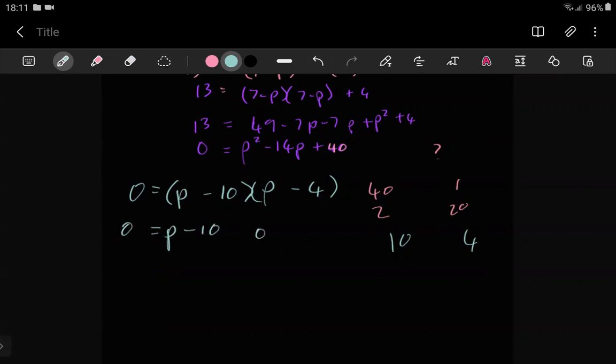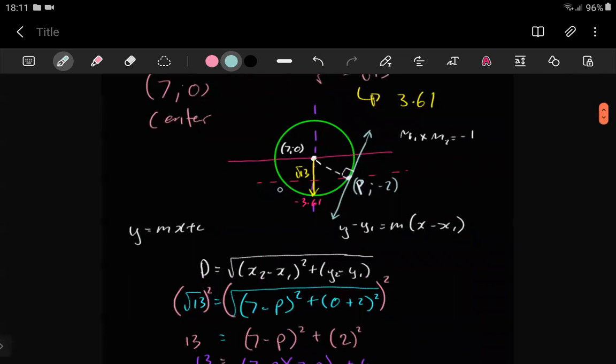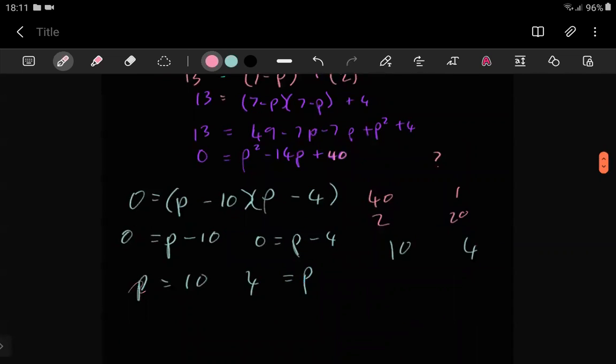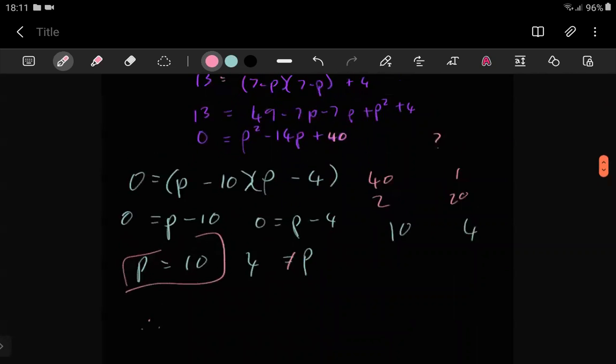So let's see here. 0 is equal to p minus 4. P is equal to 4. P is equal to 10. So obviously P cannot be equal to 4 because that would be on the left side, you see. We want P to be bigger than 7. So we have to pick this one. Cancel that one. So here we can now say, therefore, the gradient,